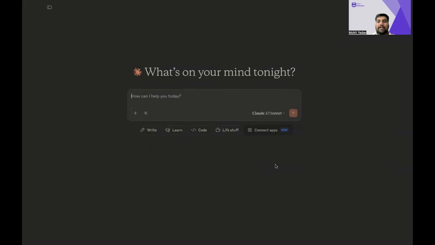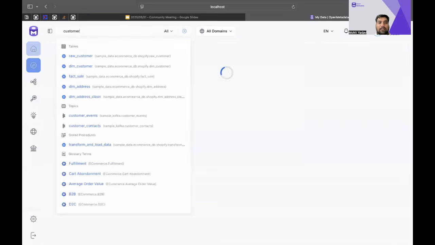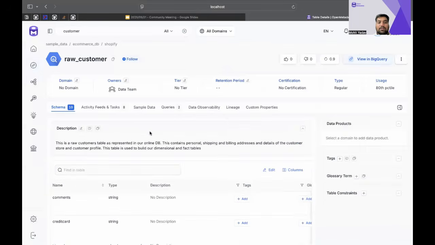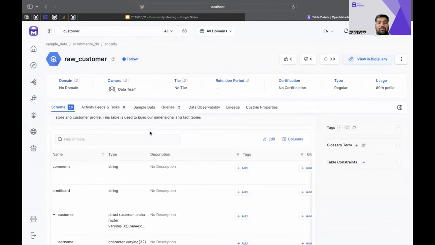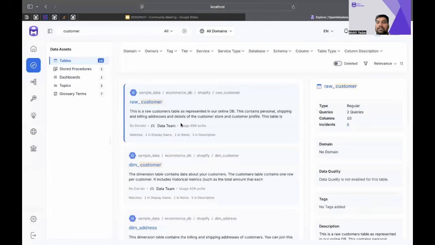Okay, so imagine being a data analyst who is trying to build a dashboard and would like to have the knowledge and information we have in OpenMetadata, with contextual summaries and insights using this MCP tool, and use that information to build maybe a customer retention dashboard. We can always look for the customer table in OpenMetadata, analyze those tables, what columns they have, what queries are associated with them, and based on that build the customer retention dashboard we're trying to build.